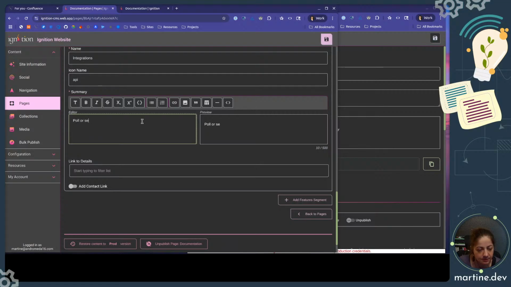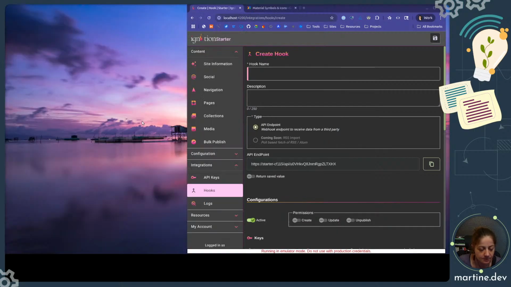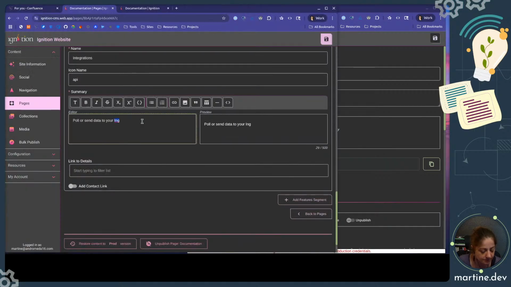Pull or send data to your Ignition. Been on a Mac for too long. Pull data or